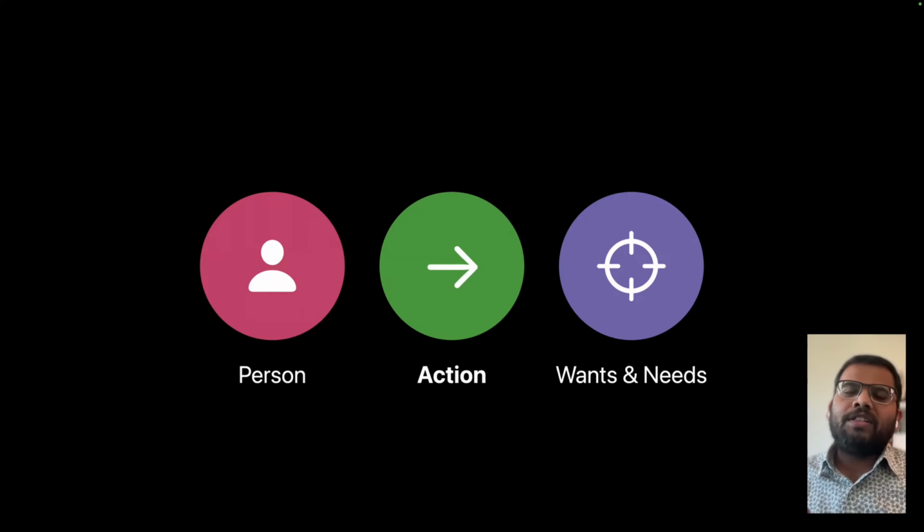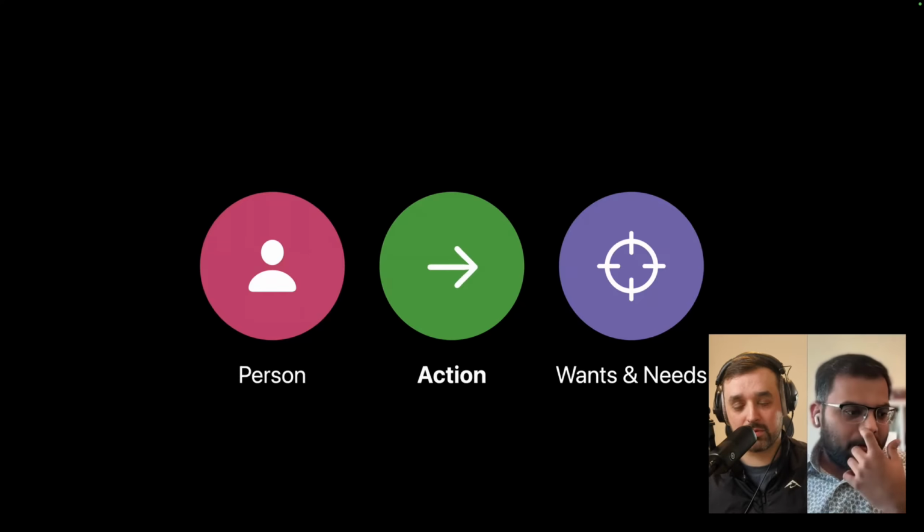And all of those things are powered by app intents. And increasingly, everything else on the OS is also being powered by app intents. So it just makes more sense to start with that rather than coming from an iPhone UI.